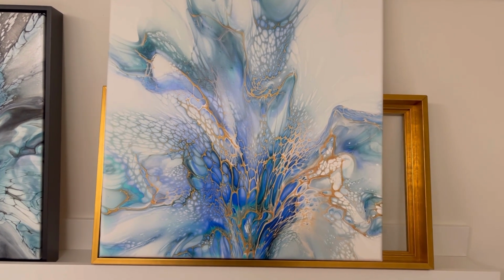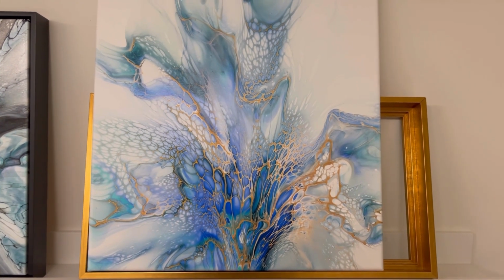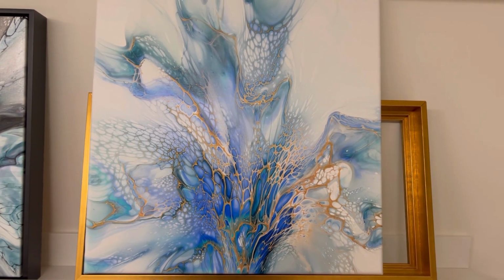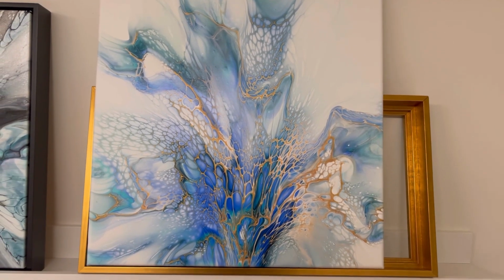And this one will just probably get a satin varnish. I don't want to resin it. It's soft and pretty and I want to keep it that way. So yeah, it'll be up on my website for sale, probably in the next week or two if you're interested, or